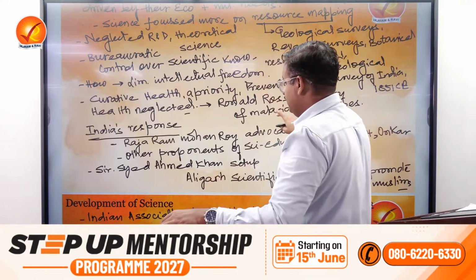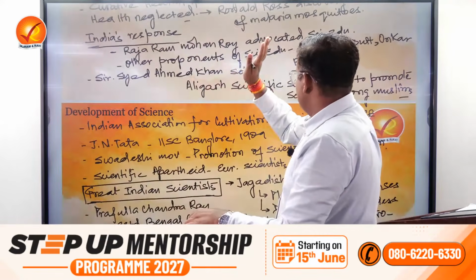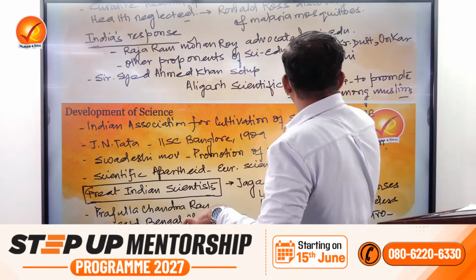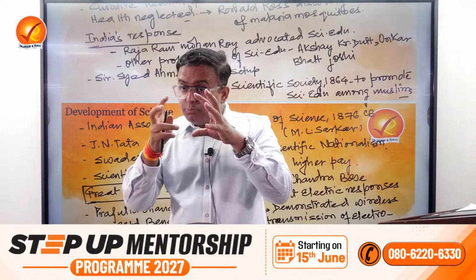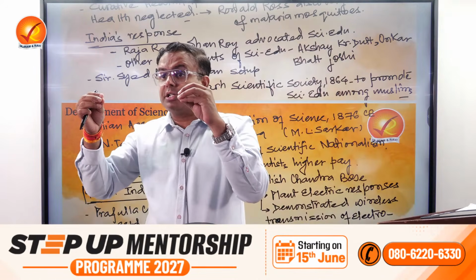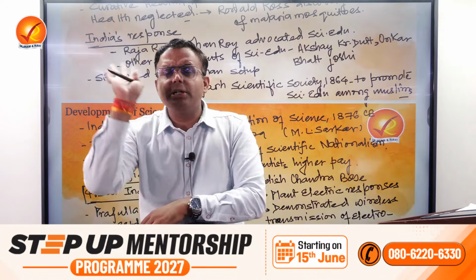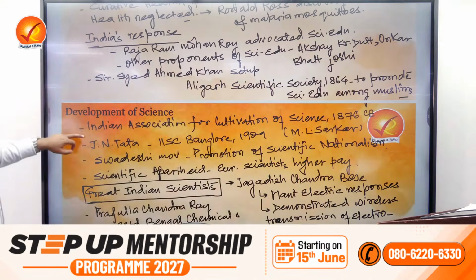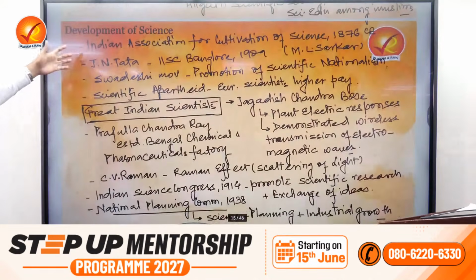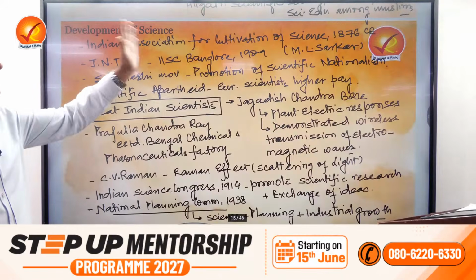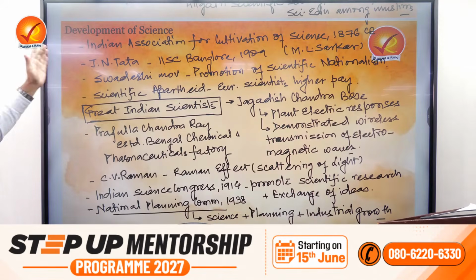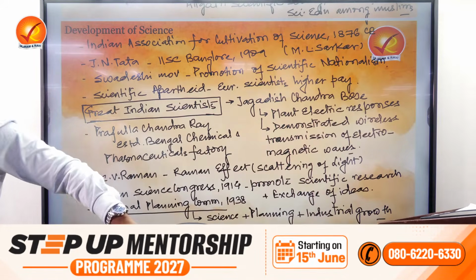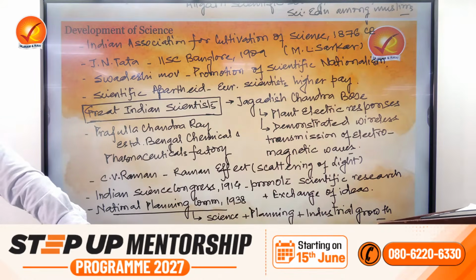Then we find that even Sir Syed Ahmad Khan set up the Aligarh Scientific Society in 1864 because he could see that the Muslim population in terms of modern education is lacking. So some very important initiatives from the 19th century. Then in the 20th century, you can see the Indian Association for Cultivation of Science, 1876. फिर देखिए. Then Tata set up the IISc Bangalore in 1909 for promoting theoretical research in mathematics, physics, है ना, ये